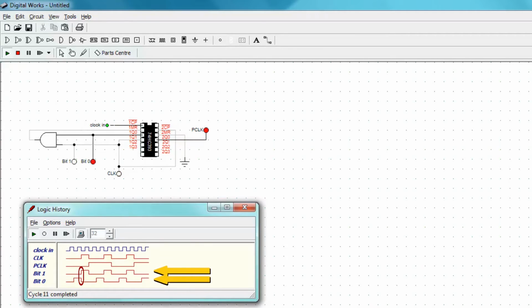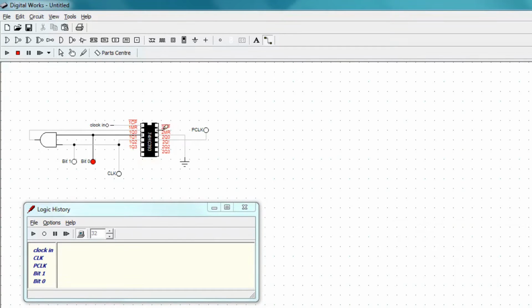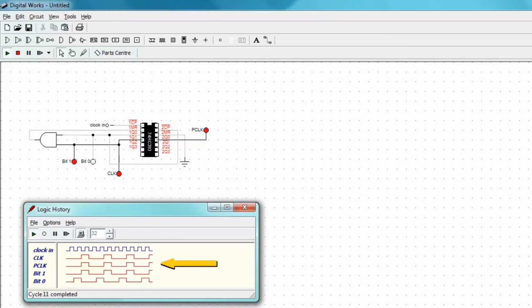And the negative going edge of bit 0 lines up with the positive edge of bit 1. So you might be tempted to think that we can use bit 0 to clock the second ripple counter, so that the peripheral clock changes states during the positive edge of the processor clock. Let's try it. It doesn't work. The peripheral clock is no longer 50% duty cycle, and it's not at half frequency.